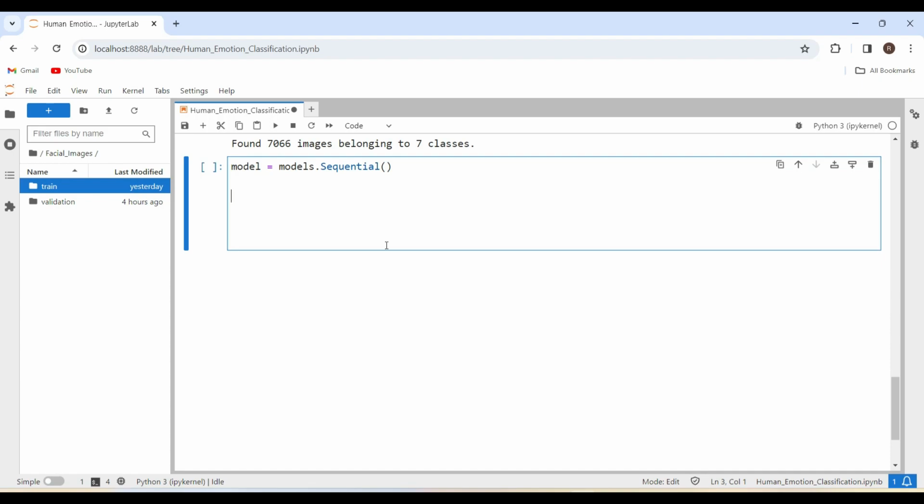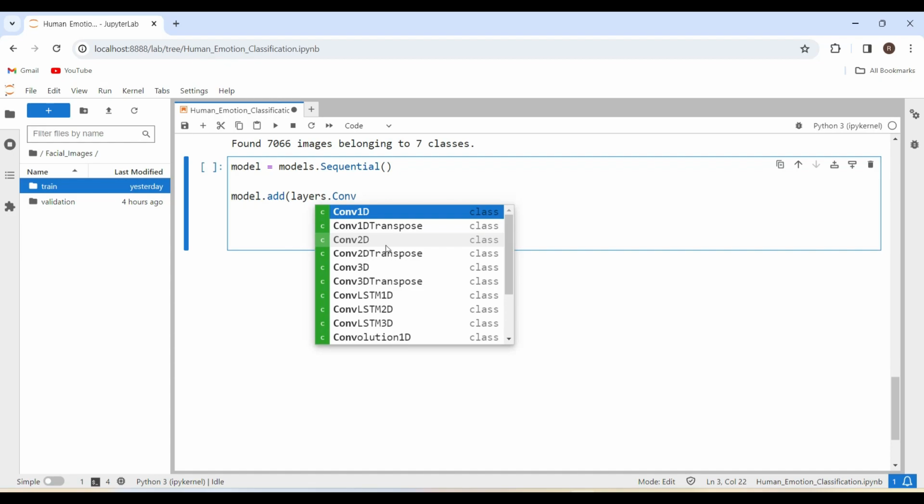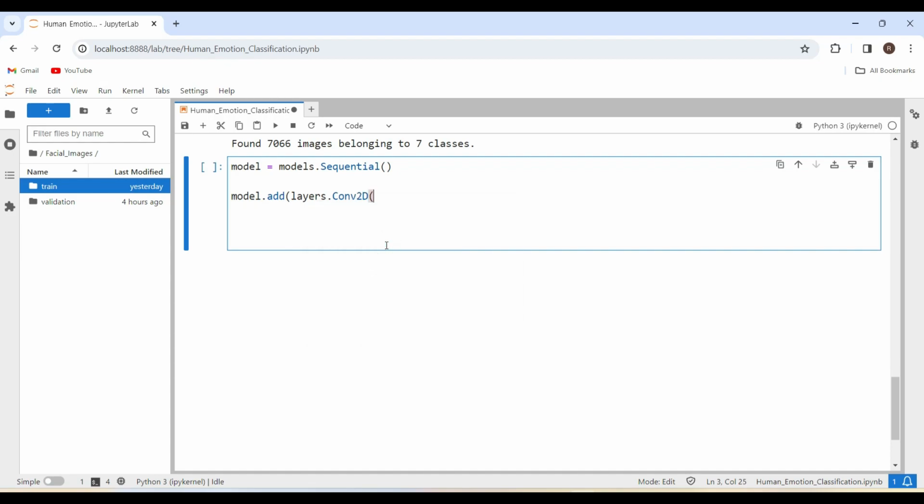Let's add the first layer. model.add of layers, the first one we have to add is Conv2D, with 64 nodes, kernel size is 3,3, and padding is equal to same, and activation is equal to relu, and input shape